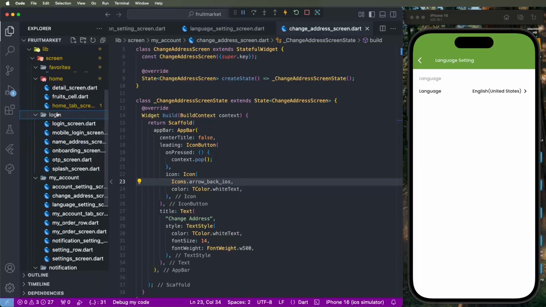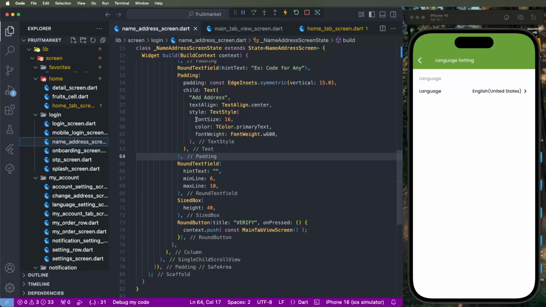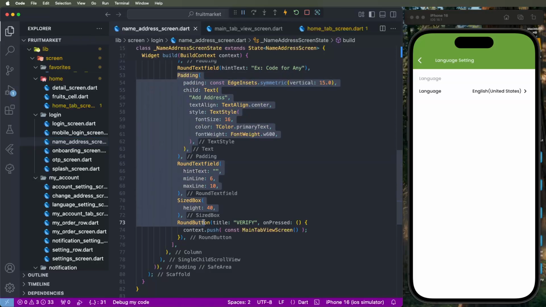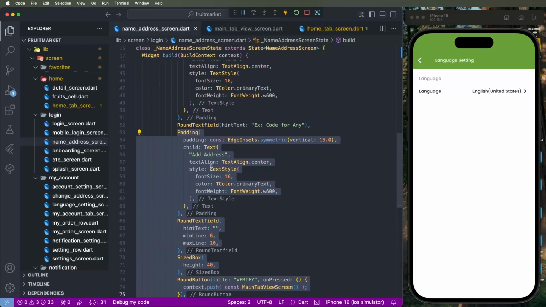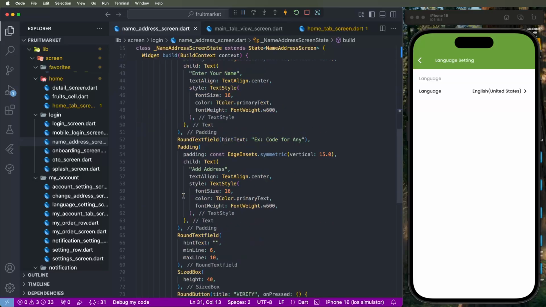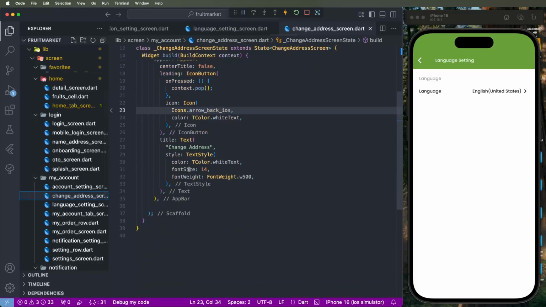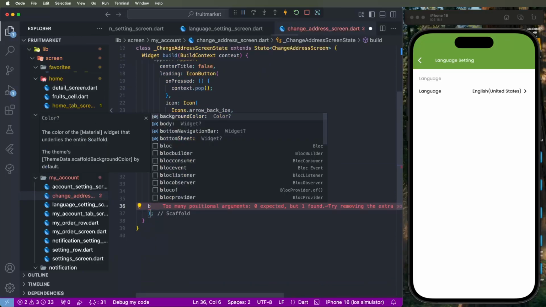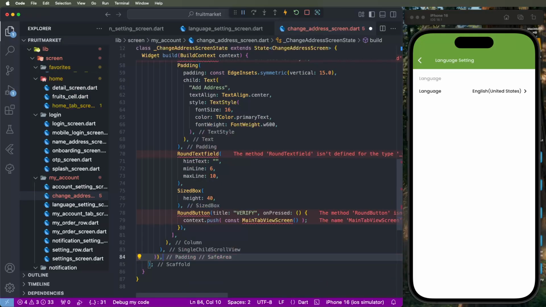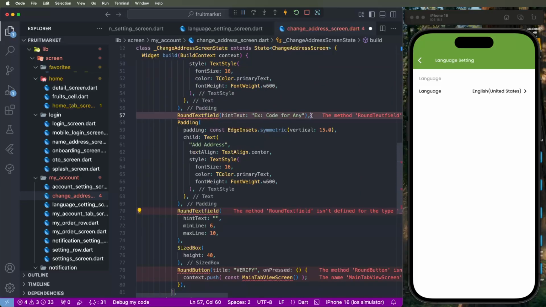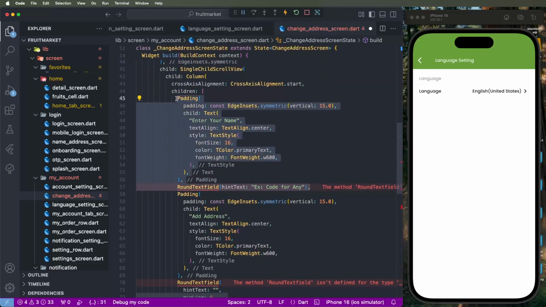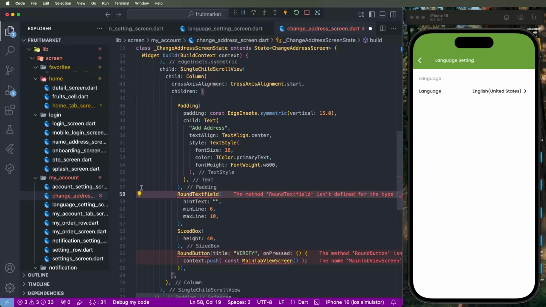We need to save this, and find the login inside the name and address screens, and copy the add address data. Copy this safe area, then go inside the change language screen and put this body inside this data. We need to apply it here, and remove these titles and put